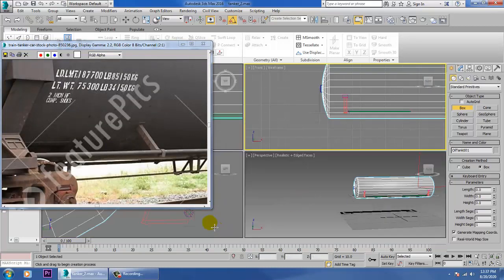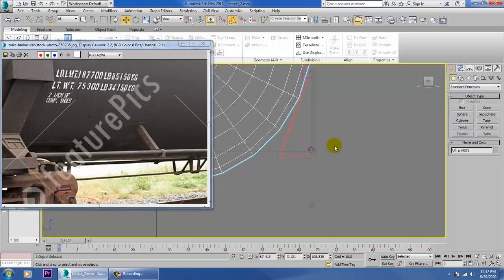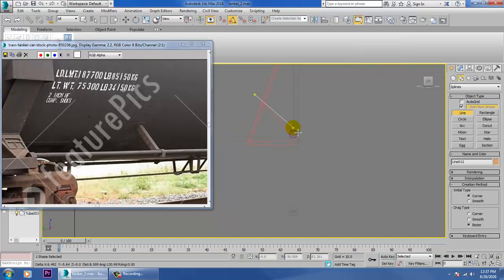Before we create a box, let's go on to this view over here and let's take a line. We'll just be taking a line and adjusting it accordingly.